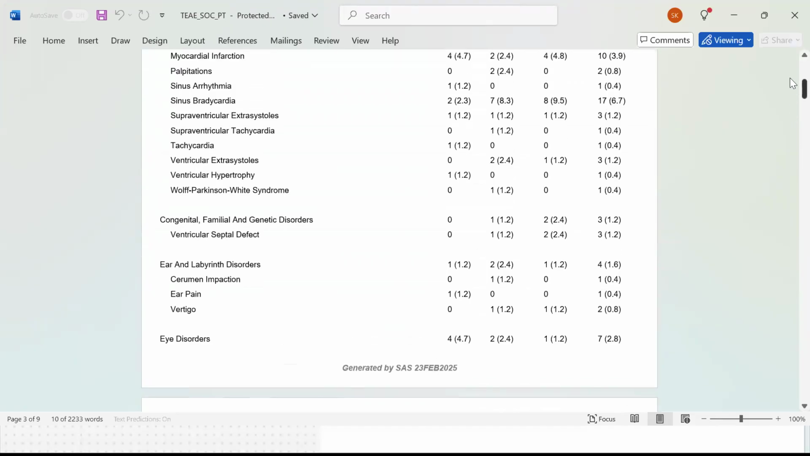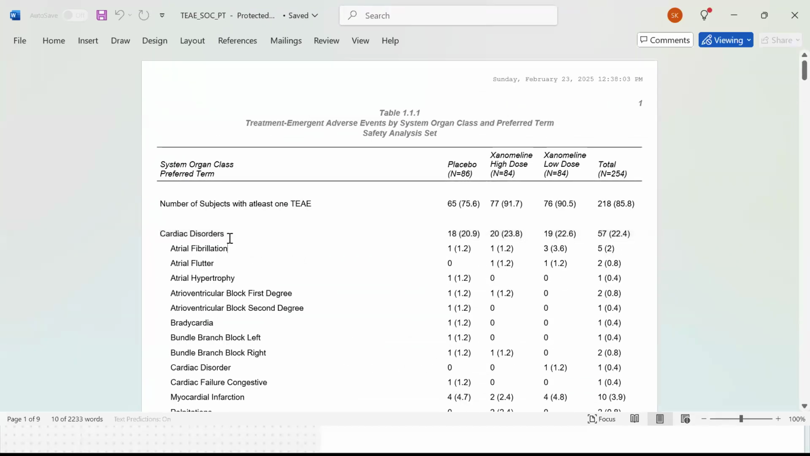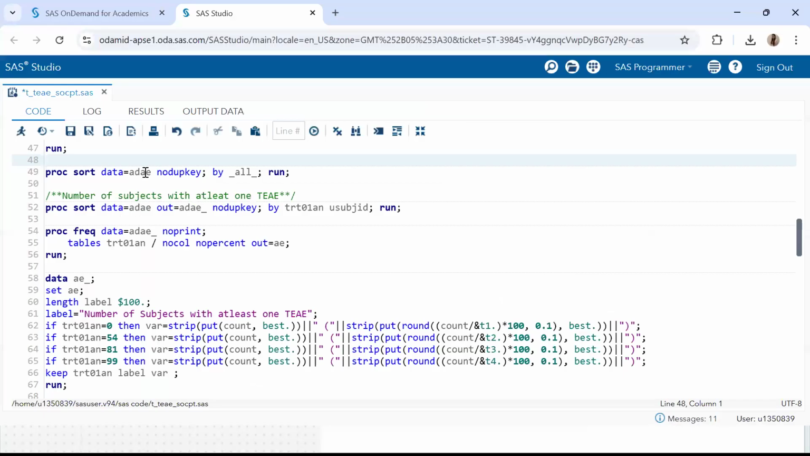So here you will see that apart from the SOC and PT values, we are also creating one record, which is the first record, which will give the number of subjects with at least one treatment emergent adverse event. So to get this, what we have to do is we will be reading the resultant ADAE dataset